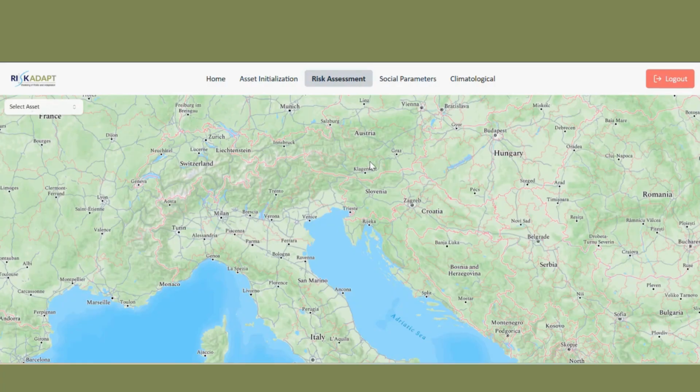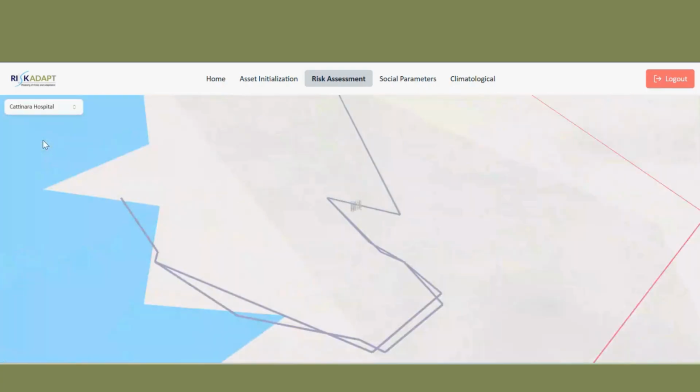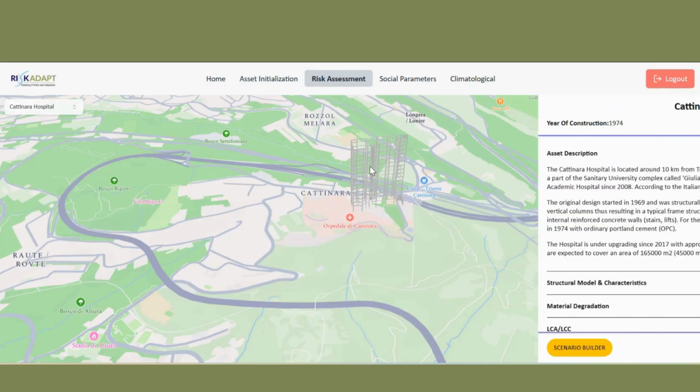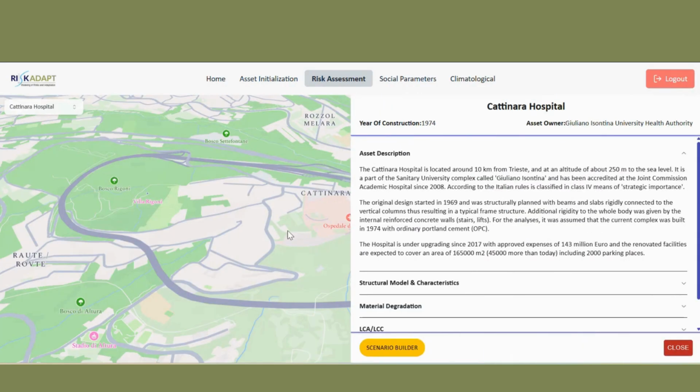At pilot 3, first of all, the platform displays a map, and here we are in Italy, and there is a drop-down menu at the left of the platform, where the user can select from the list of assets. Here we have only the Catinara Hospital, so I click on Catinara Hospital, the map zooms on the location of the asset, and then if I press on the asset, the graph of the asset, which has been